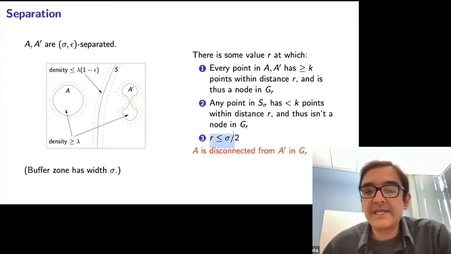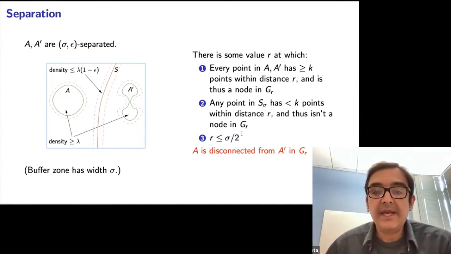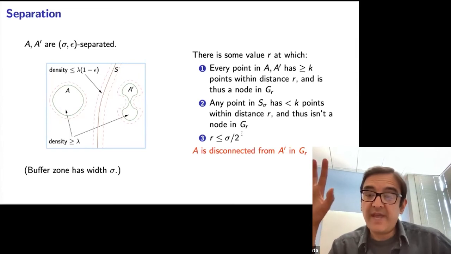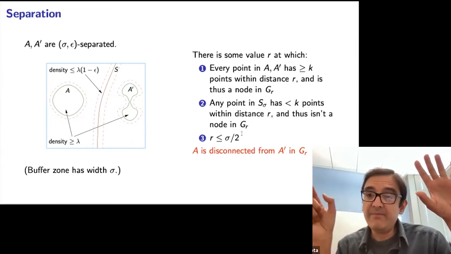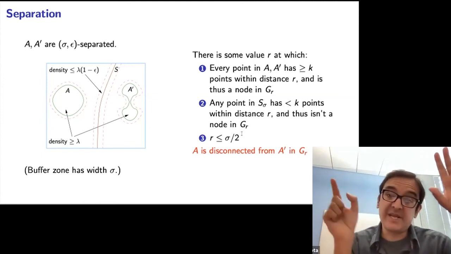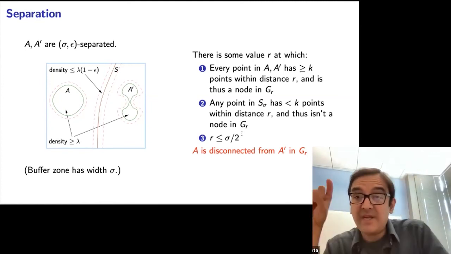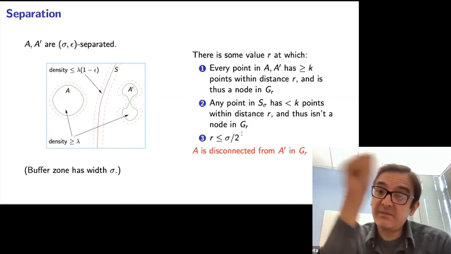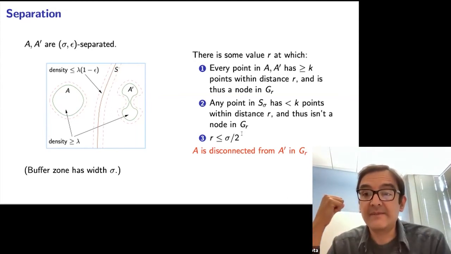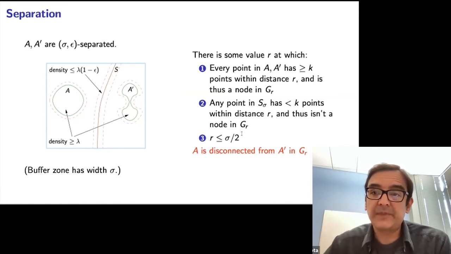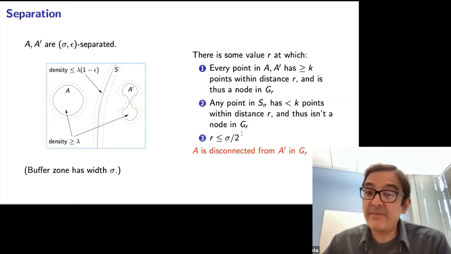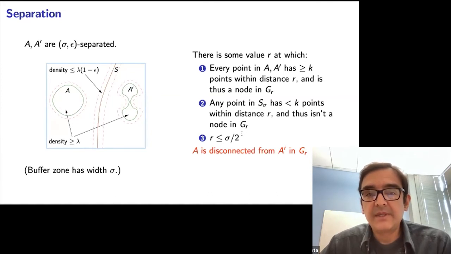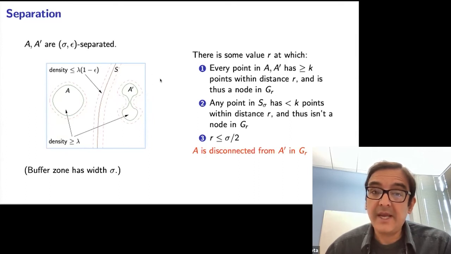And moreover, this R is less than sigma over 2. Okay, and if this is the case, we have that all of A is active, all of A prime is active, and any path from A to A prime has to jump over the separator set. And the separator set is so wide that it's impossible to jump over it given the current radius. And so these two regions really are disconnected from each other. Okay. And so the separation is very easy to argue. The harder part is to show that A is internally connected at the same level, and likewise with A prime. And so I'll say a little bit about that.